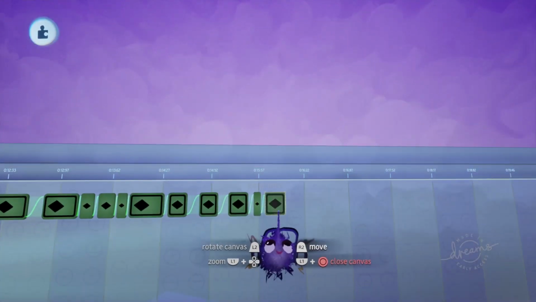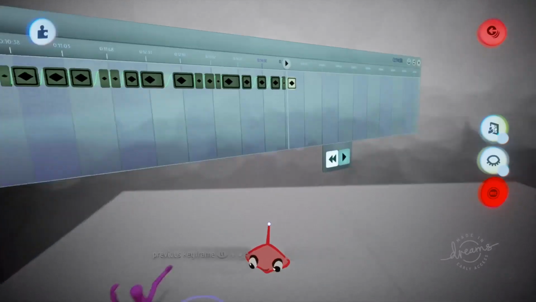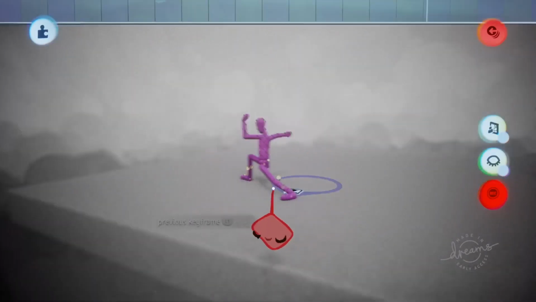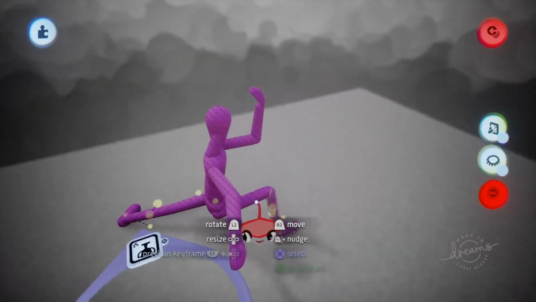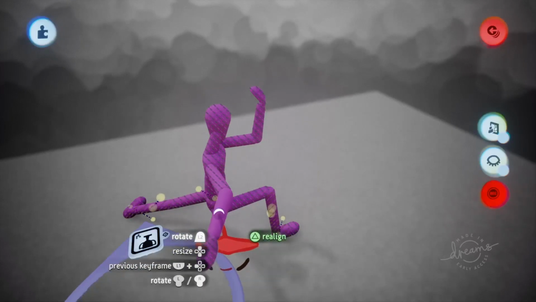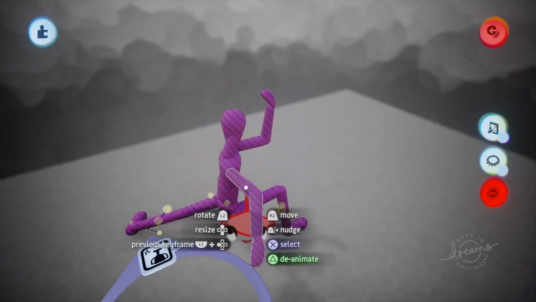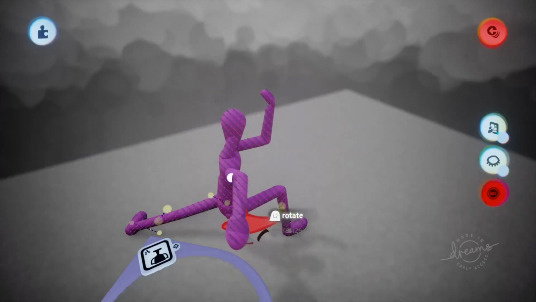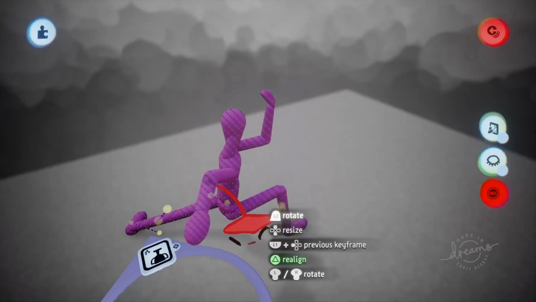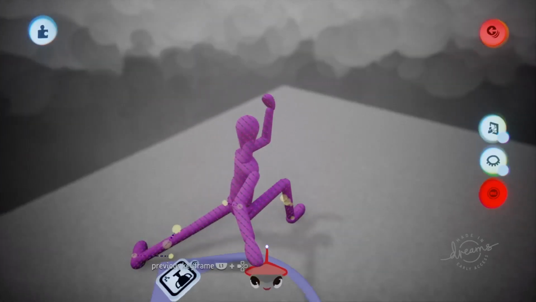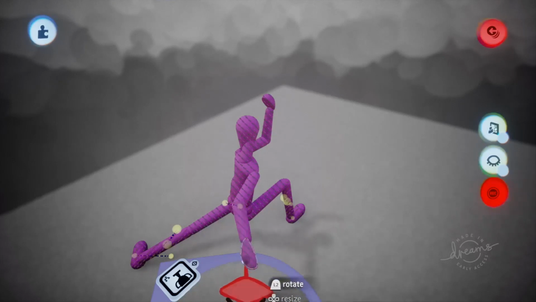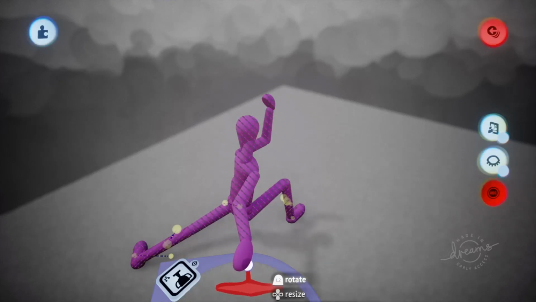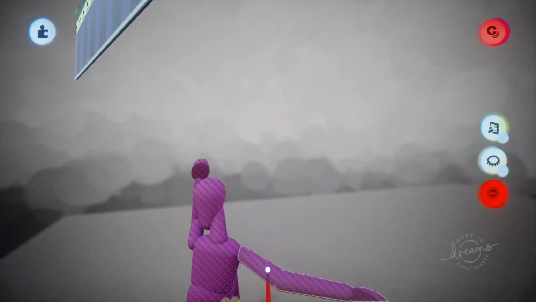Anyway, this is the last movement I did, and I noticed that it's a bit of a weird angle for an arm to be in. So I have to correct this real quick,